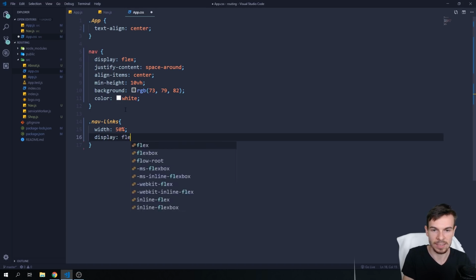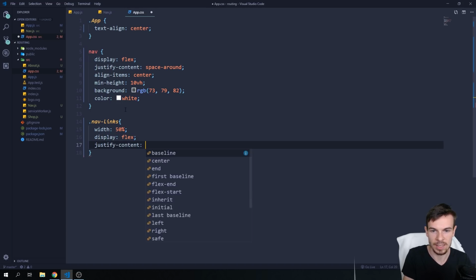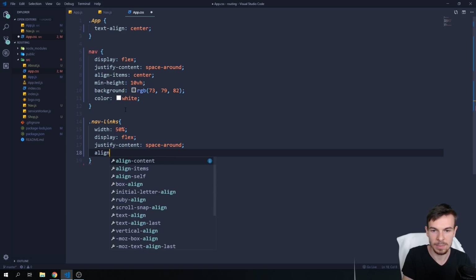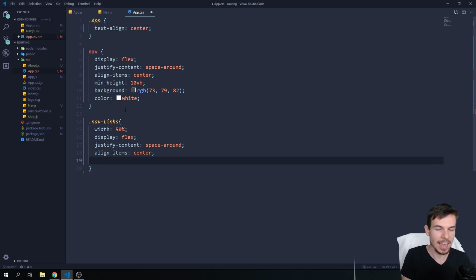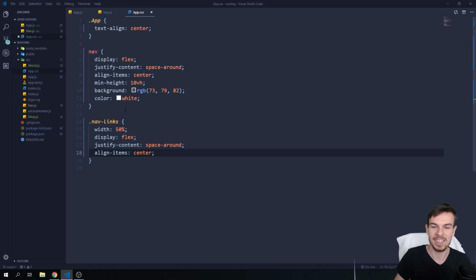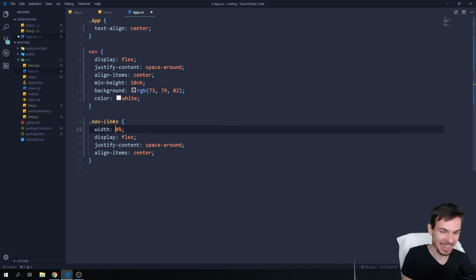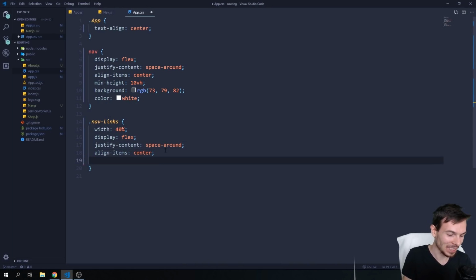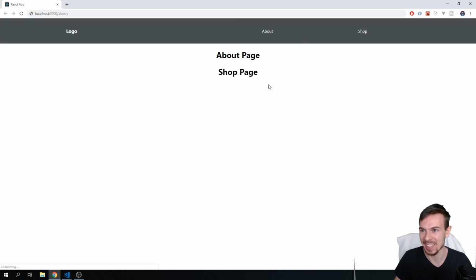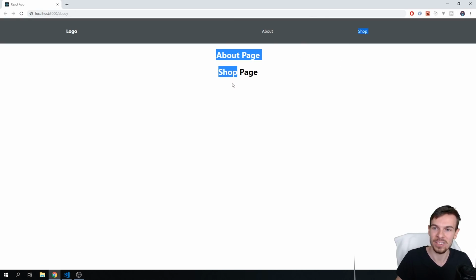and a display flex to this as well. Justify content space around, align items center, and what am I missing? Those stupid dots. How do you remove the dots? I'm not sure, let me think. You do list-style none. That should work. Let's take a look. There we go. All right, so we have the logo and the shop,